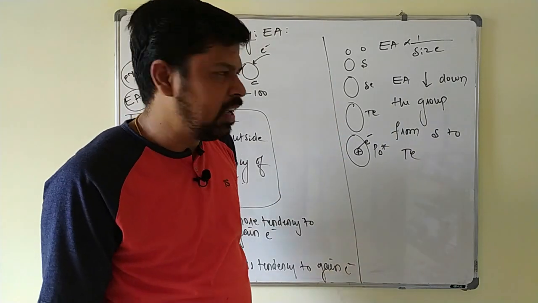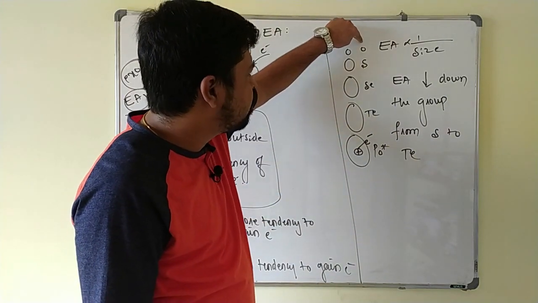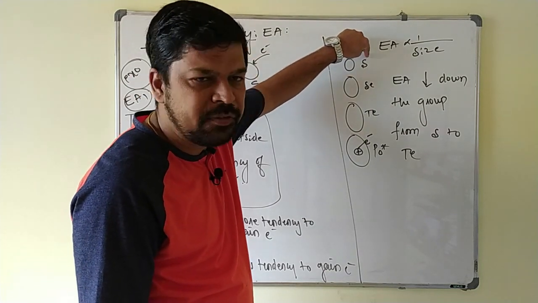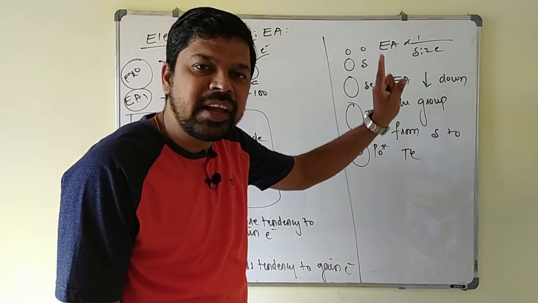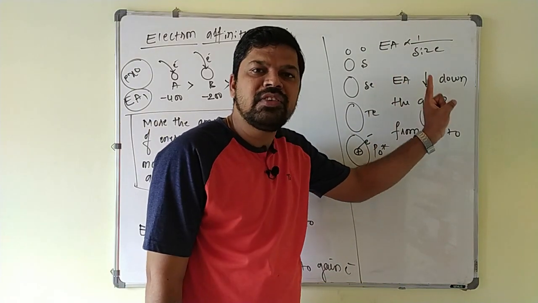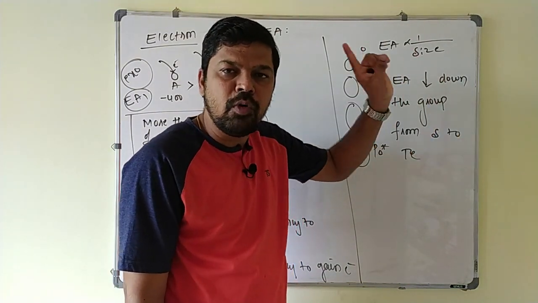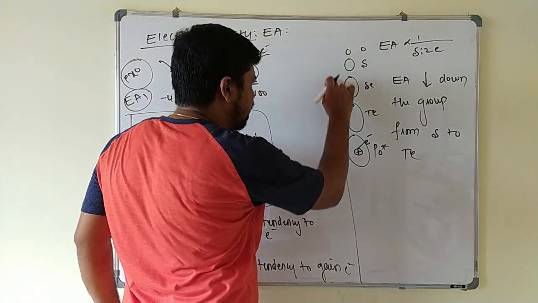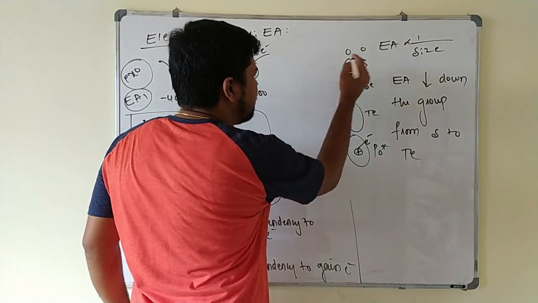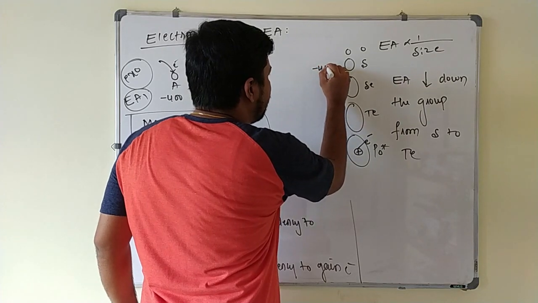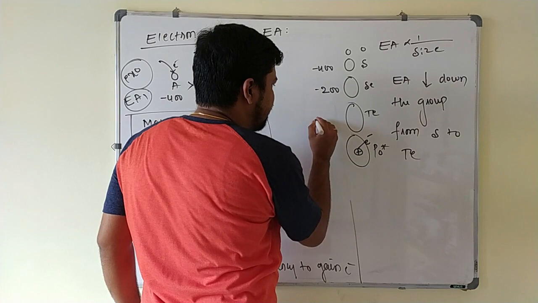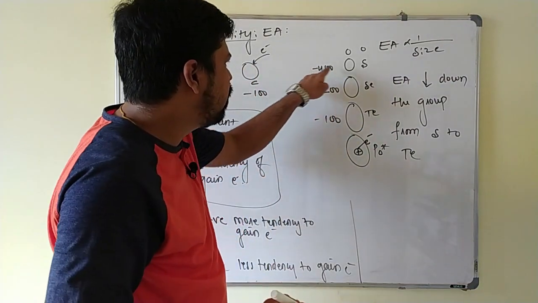But there is an exception here. Even though this oxygen is having smaller size, it must have highest electron affinity value as compared to the sulfur. Always you keep in mind, don't get confused. Electron affinity values are written in the negative sign only. More the negative value, more is the tendency. For example, I can write here. Here I will take, suppose sulfur is giving out 400 calorie of energy after gaining electron. Selenium giving 200 and it is giving what? 100. More negative value, more tendency.